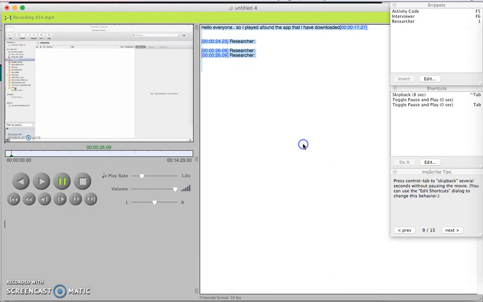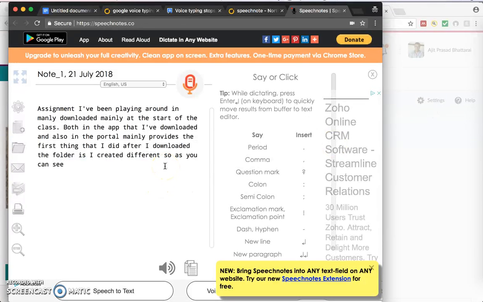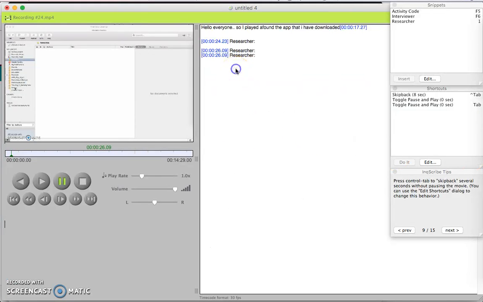Now before I do this, I'd like to go back to the software that we were using. You remember that I was using this. Based on the recordings, this thing's auto typed. Well, there are plenty of mistakes. So what you can do is copy this, take it to your InScribe, dump it here, and edit it. Then you drop in your file here and start playing. Whatever the mistakes are, if you need to insert the time, insert the time, whatever needs to be done, based on